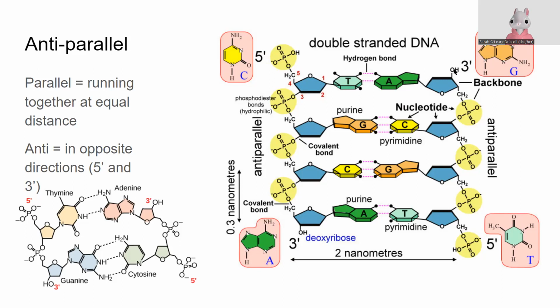On the other side, you can see that the 5th carbon is facing down, and it's the 3rd carbon that's on the top. Another way to notice this is to look at where the oxygens are on the pentose sugar. So on the little house shape, oxygens are facing up on the left and down on the right. The reason for this is that the nucleotides are assembled independently, and flipping them basically one,